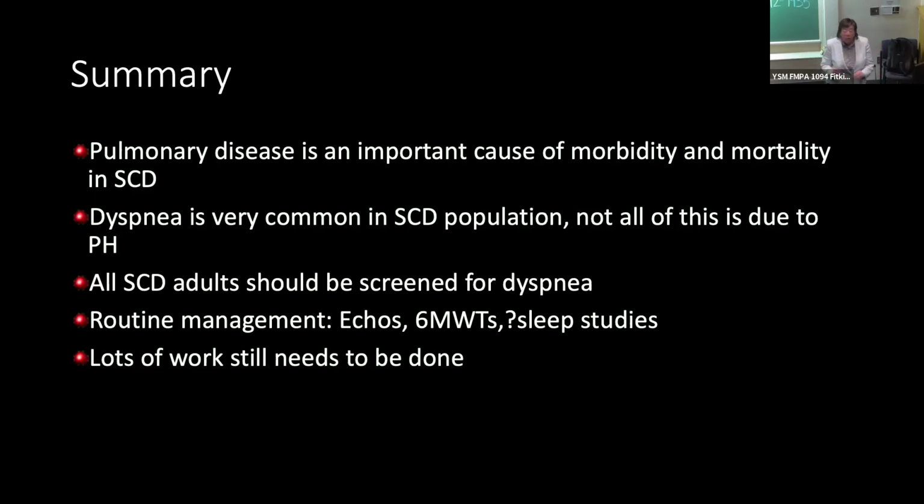This is really where you need to start, screening people for dyspnea when they are well. I get echoes on people, ideally every 1 to 3 years. It's not clear how often we need to be getting them. Anybody who has anything abnormal on their echo, they're getting them annually with me. I use 6-minute walk tests in this population as an objective evaluation of both exertional hypoxia as well as exercise distance walked. Think about sleep studies, evaluation for sleep disordered breathing, but there is a ton of work that needs to be done in this field.